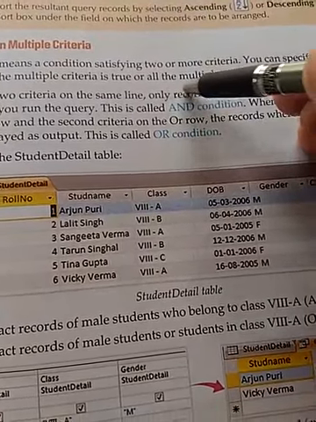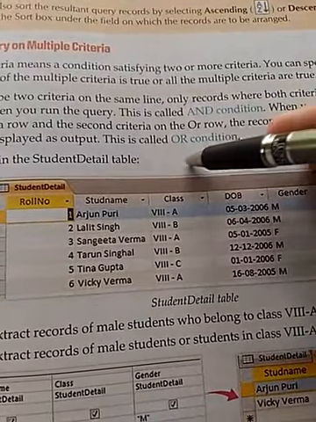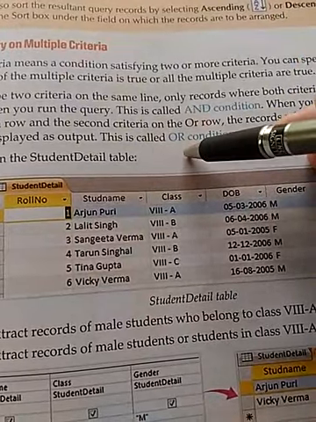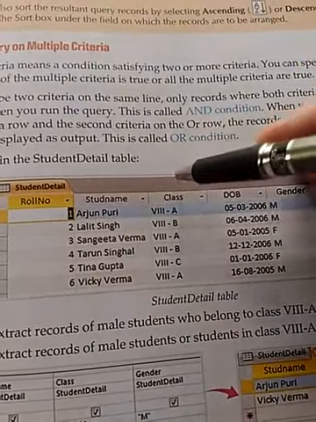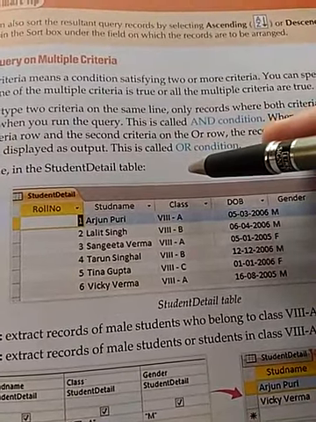If we want any one of the conditions to be true, then we separate the conditions with the operator or. How can we do this? Simply, first you need to create the query. How can we create the query?